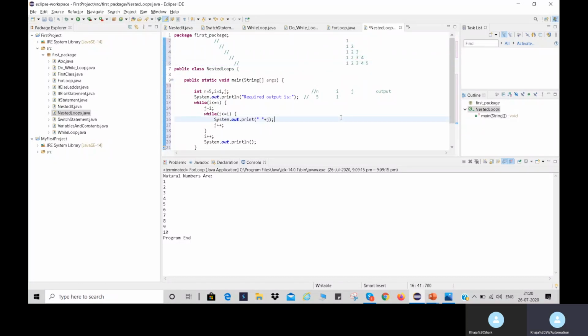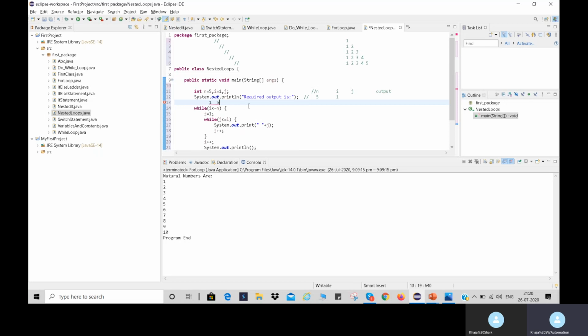Okay. So in variable i I am storing value 1, and while i is less than or equal to n, I am specifying the condition. i is having how much value? 1, and n is having value 5. So 1 is less than or equal to 5, true. We will enter into the outer loop.